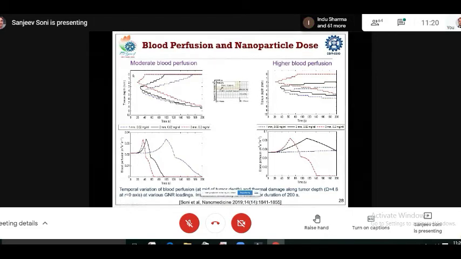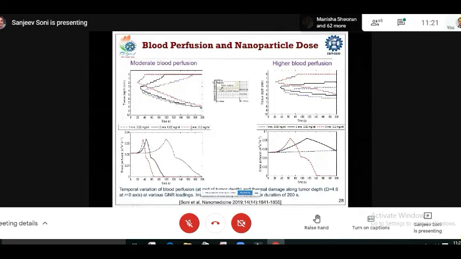At 0 we have a surface, so you can say this is a tumor surface. Up to 5 millimeter we have a tumor region, and below 5 millimeter we have the tissue region. So depending on the blood flow, we need to evaluate that we have certain concentrations of the nanoparticles. Say we have around 20 microgram per ml within a 1 millimeter region, around 20 microgram per ml within some 2 millimeter region of the tumor, or around 200 microgram per ml within the 3 millimeter region. So how these actual nanoparticle doses present in a tumor will alter the thermal damage